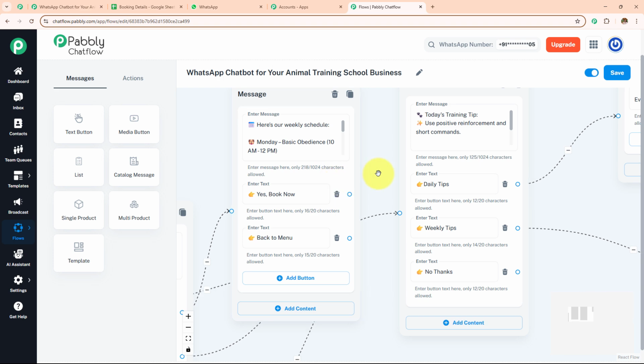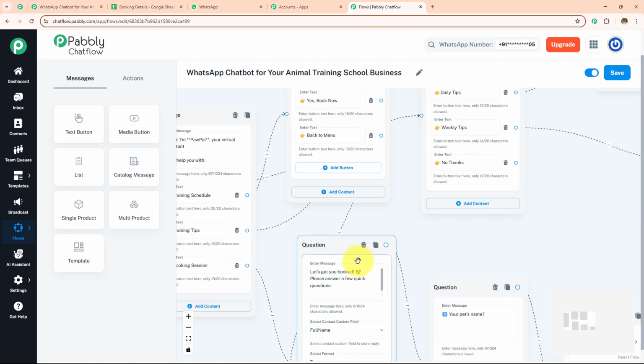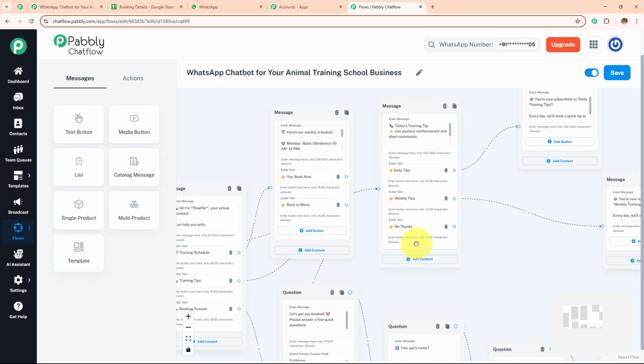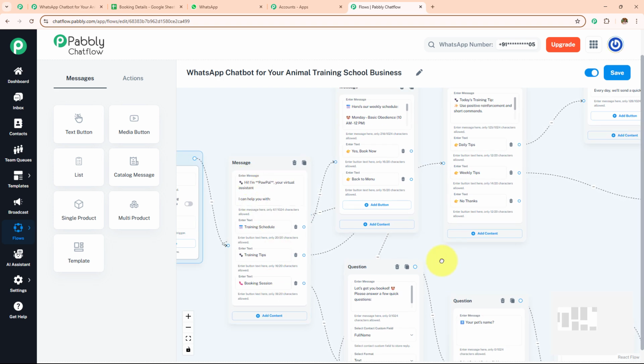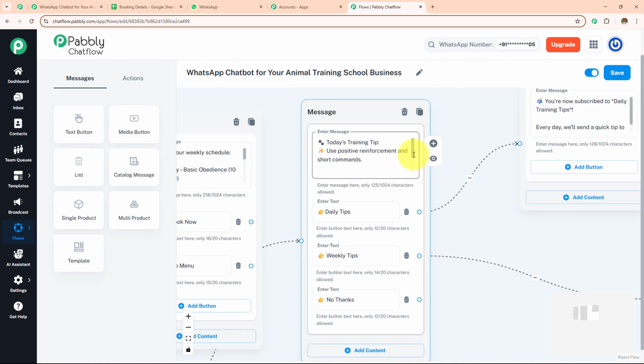If they click on this book, I'm going to send this message which I have created for the booking. If they click on this yes, book now, I'm going to send the message which I have created for the booking. And if they click on this main menu, I'm going to send this first message. If they click on this training tips, I'm going to send this message in which I'm going to send the